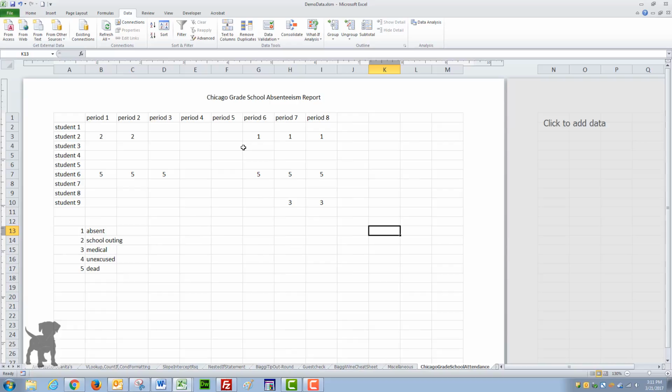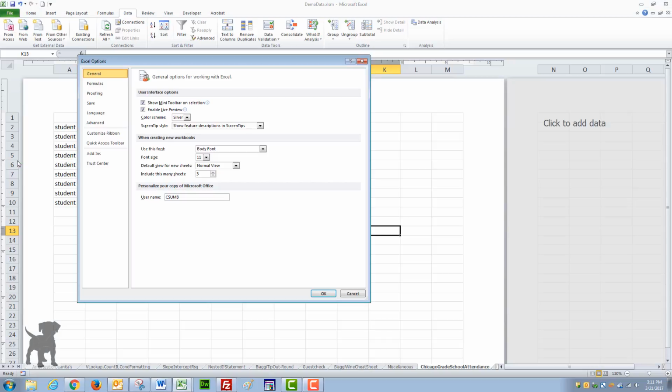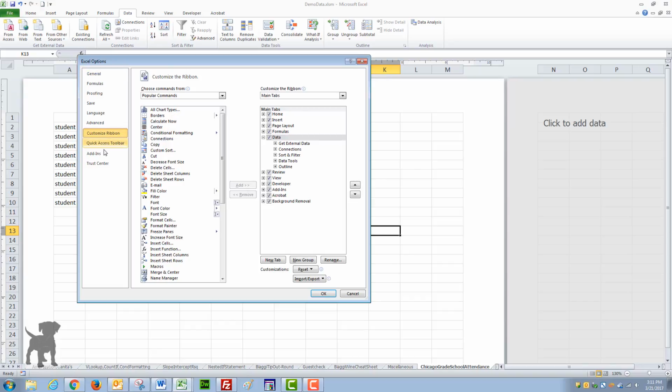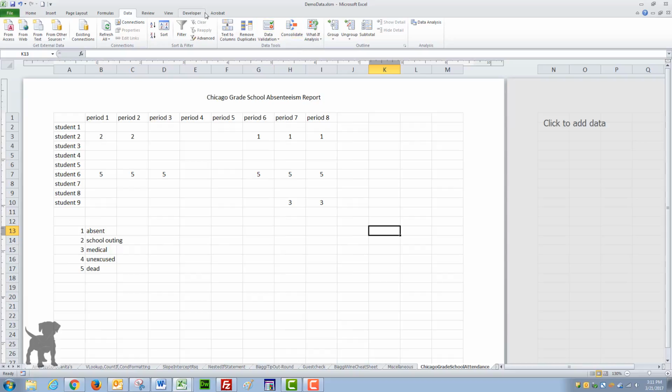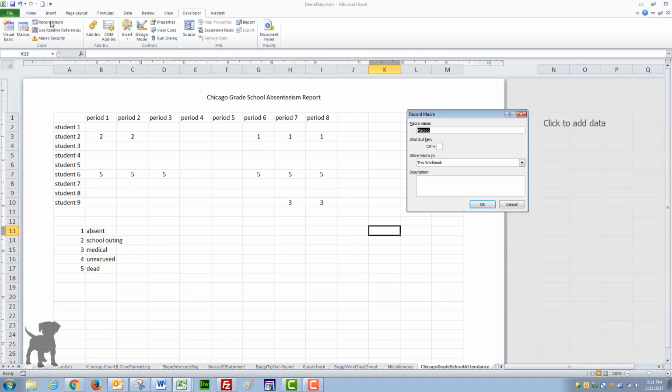And then you'd bring that up, and then to make the macro, you need to have the developer turned on. And if you haven't had the developer turned on, if you go to File and go to Options, and then go to Customize Ribbon, then you'll see the developer over on the right hand side. If that's not checked, check it, and then when you hit OK, then this tab will show up at the top. So we're going to go to this tab here and say we want to record a macro,